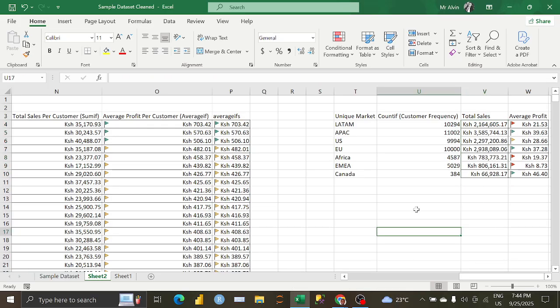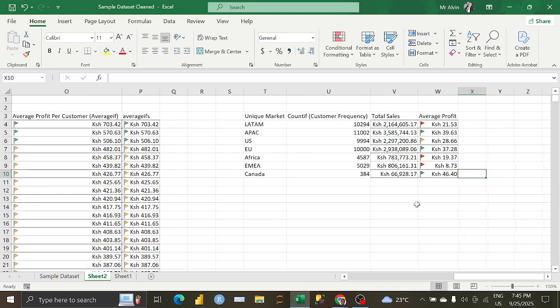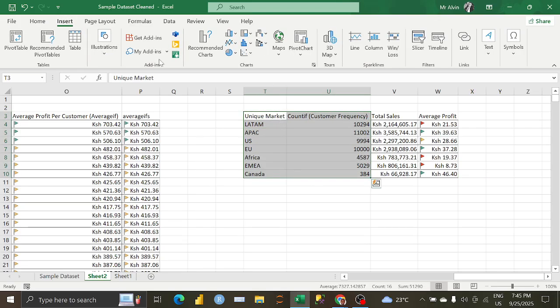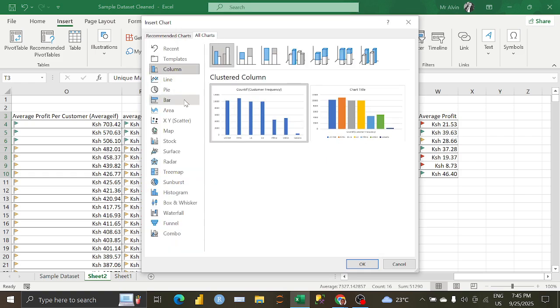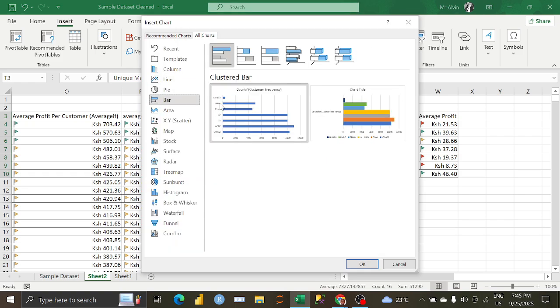So now we can insert a graph. This one is also possible, only that it looks too crowded, but I'll show you later on how you can filter through. Not now. So we can come here, click there. Let's say that one. Then you can come to illustrations, click there. You can insert a bar graph or a pie chart. So for example, if it's a bar chart, you can have this one here, you can have that one there,